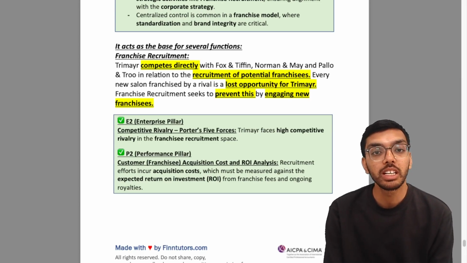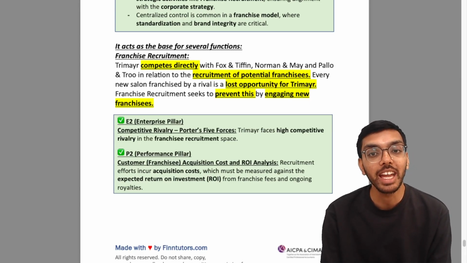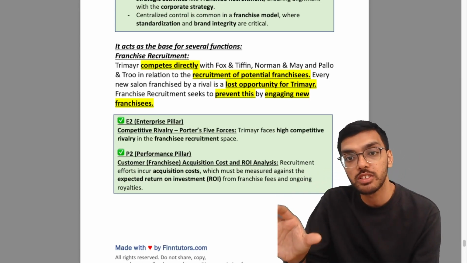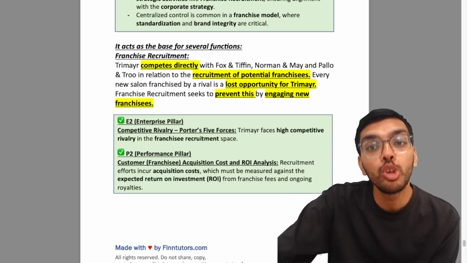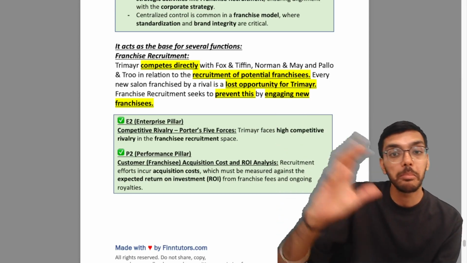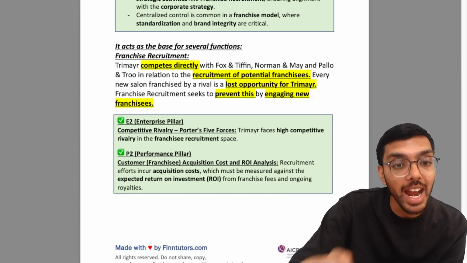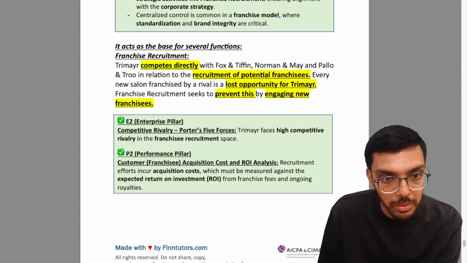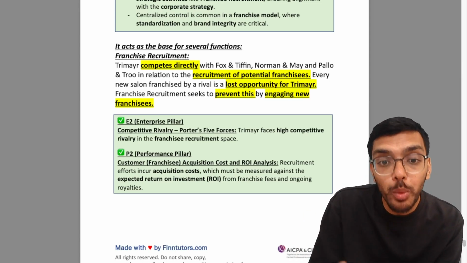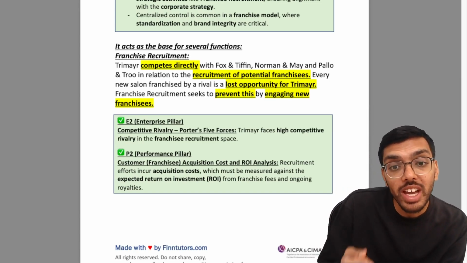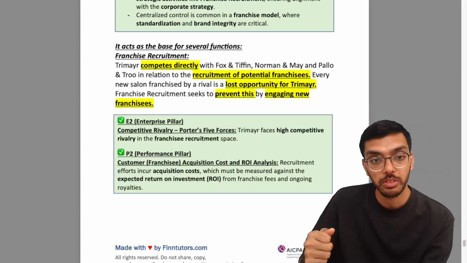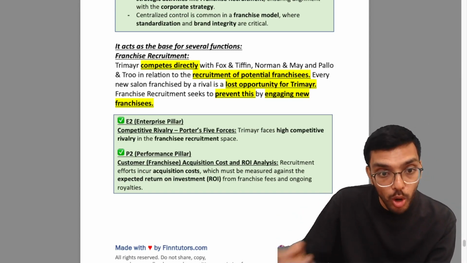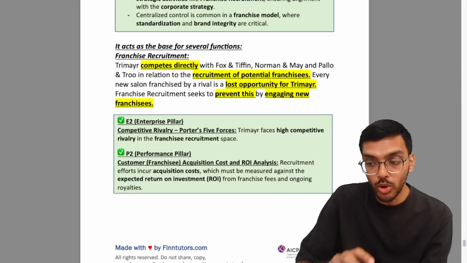Franchise recruitment seeks to prevent this by engaging new franchisees. We have a department for this. Go out and search for new franchisees so that we can maintain our positive brand, positive growth of the brand. Let's put it that way. So acquisition cost, franchise acquisition cost and return on investment analysis from franchisees' fees and ongoing royalties is going to